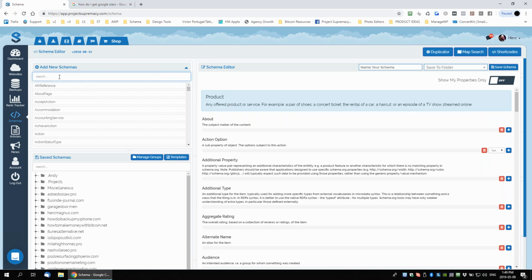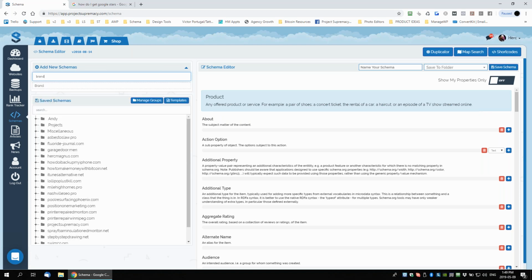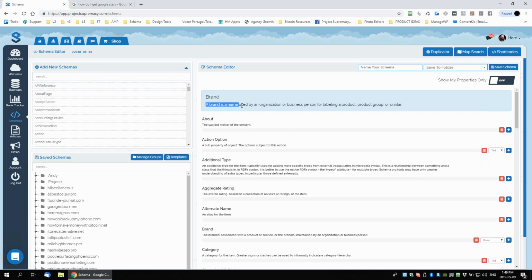Another one is brand. Okay, so I don't know what your app is that you're promoting, but maybe it's a brand, right? So you could type in brand and just read what it is. A brand is a name used by an organization or a business person for labeling a product, a group, or something similar. So, for the people out there that are really new to schema,